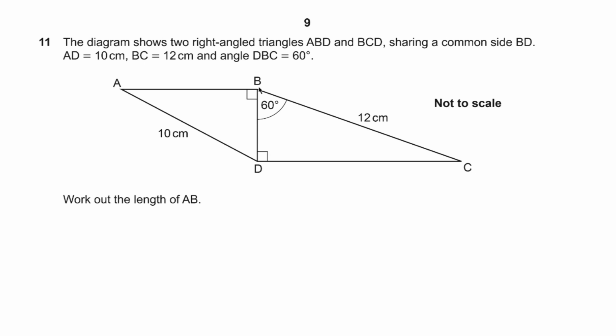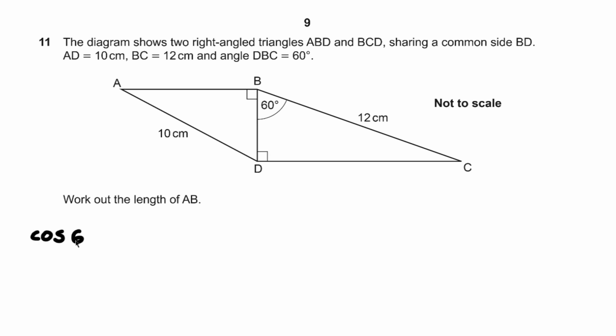Well, if I somehow find out the length of BD, I can then use Pythagoras to find out what AB is. So for us to find out what BD is, let's consider this triangle BDC. We can find out what BD is using cos. We've got the adjacent and the hypotenuse, meaning we have